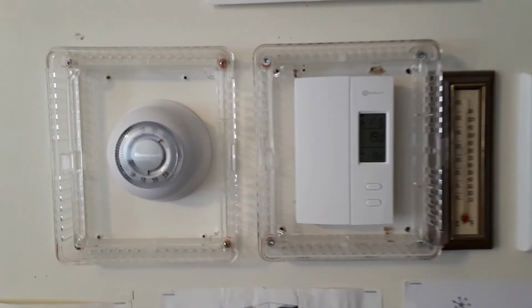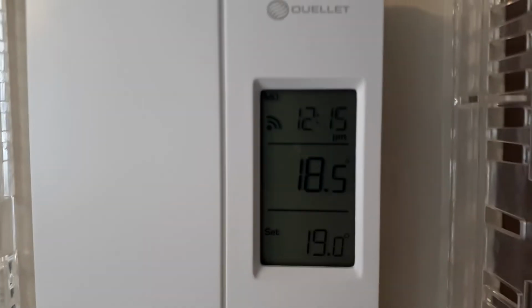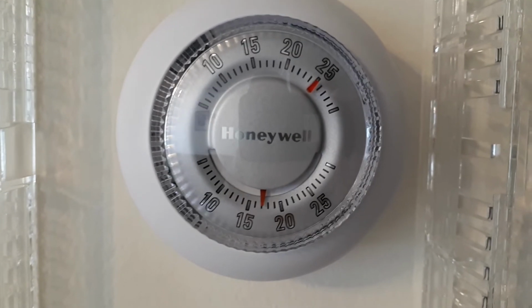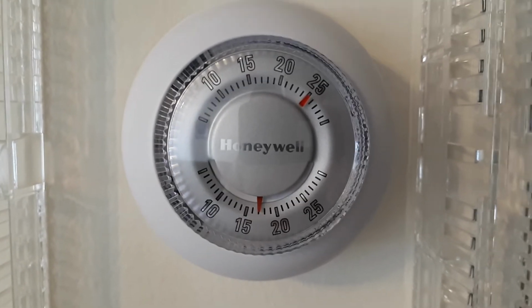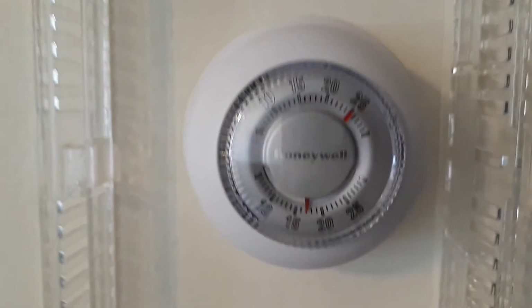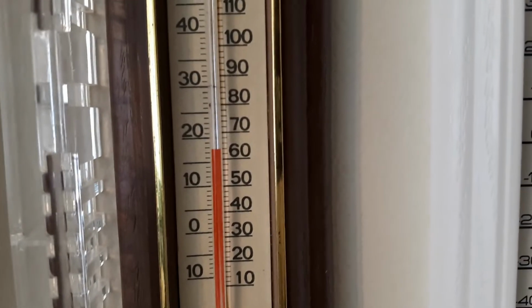Well, she turned down the heat and I'm freezing, it's chilly, but she wanted it to be cool in here. So right now the thermostat is reading 18.5 degrees Celsius. And this is in the living room. And in the living room, the thermostat here is now reading 17 degrees Celsius or 63 Fahrenheit on this one. And I fixed the thermostat so it's working at normal level again. So everything's good. And as you can see, my accurate thermometer in the living room is now reading